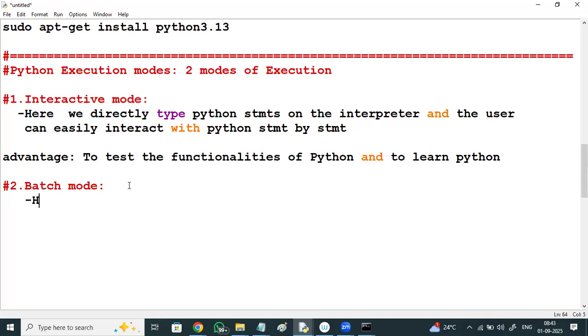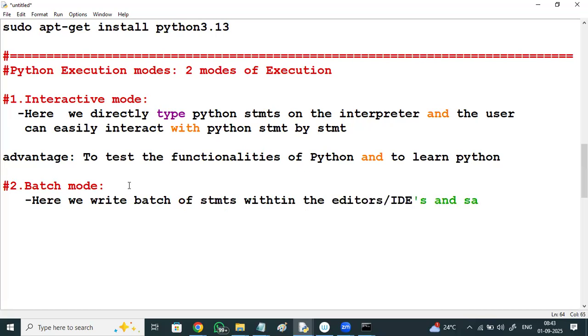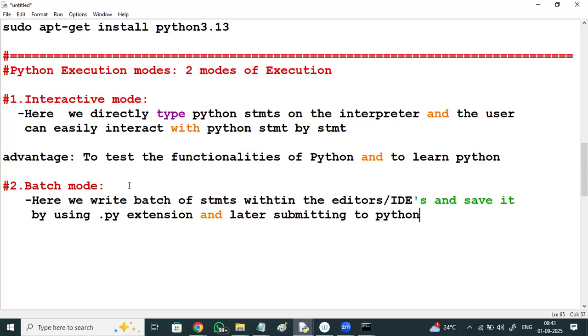In batch mode we write a batch of statements, or a set of statements, within editors or IDEs, save it with the .py extension, and later submit it to Python.